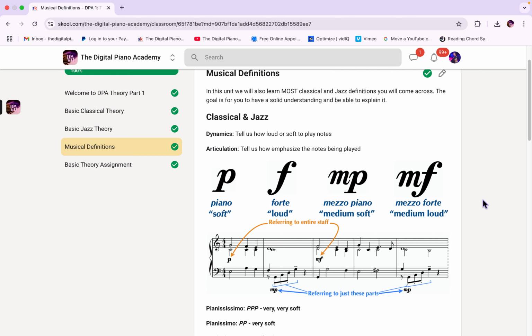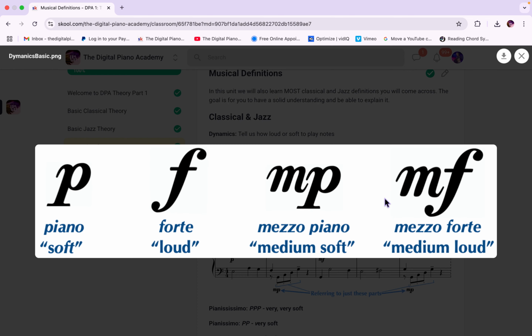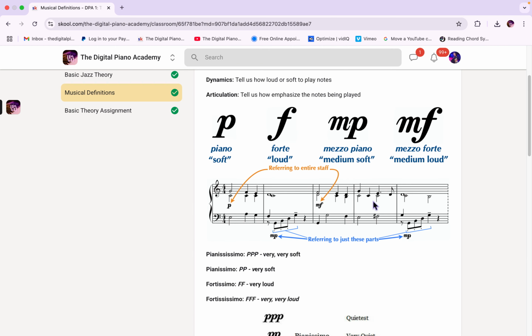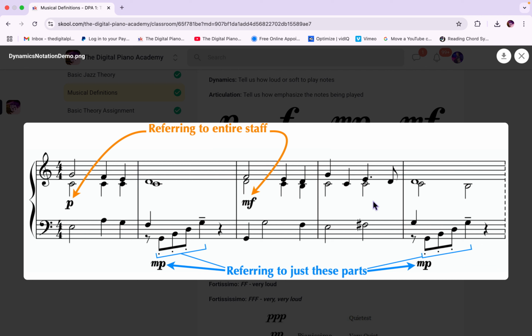Articulation tells us how to emphasize the notes being played. So here we have different types of dynamics. You have piano, which means soft, forte, which means loud, mezzo piano means medium soft, and mezzo forte means medium loud. And here is a better understanding of how you could see it in an actual piece of music, where